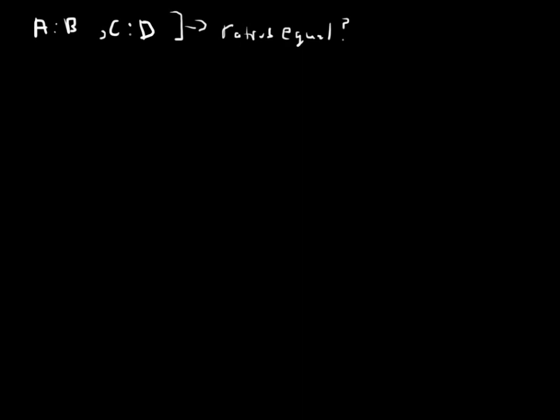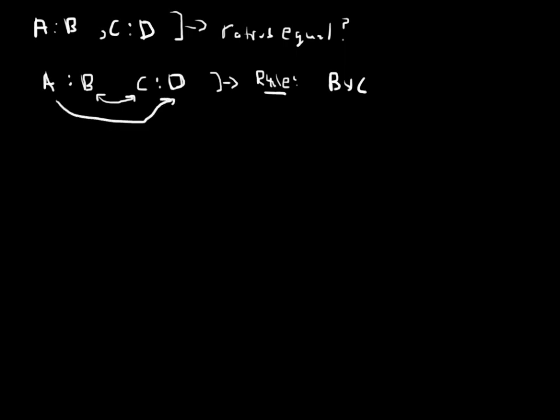The easiest way of doing this is to write out the two ratios next to each other and see if these two products are equal. This is the rule: if B times C, the product of the second in the first ratio and the first in the second, is equal to A times D,